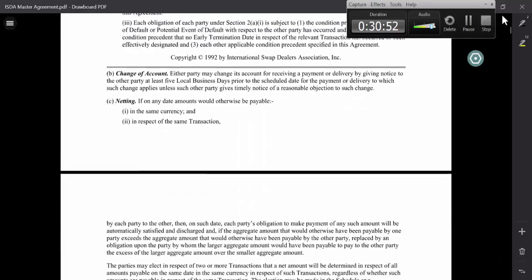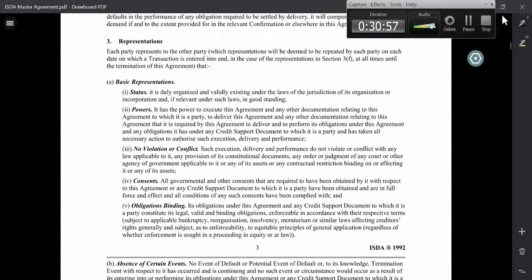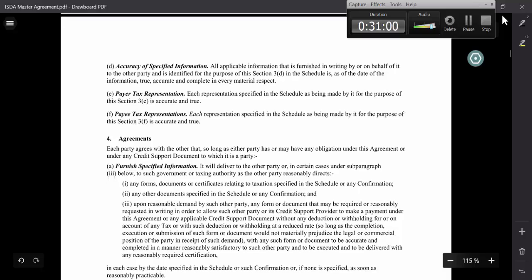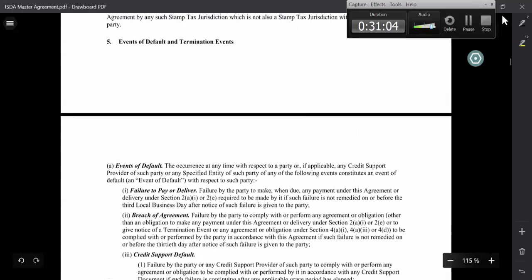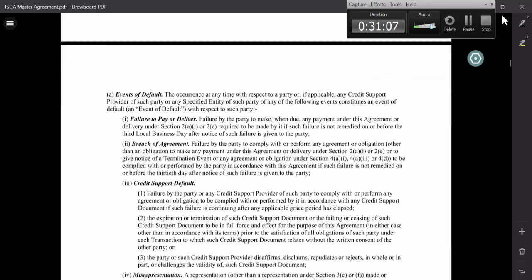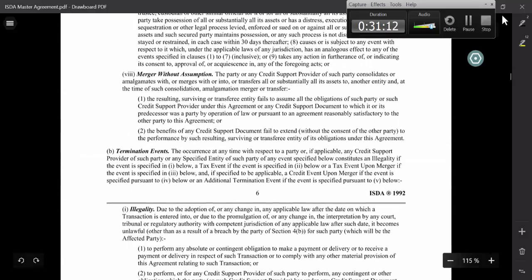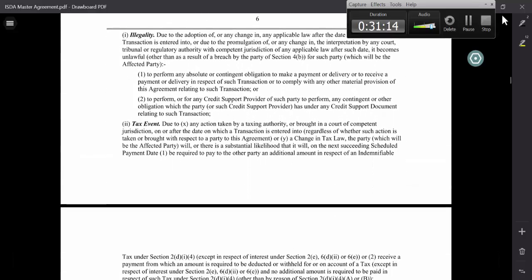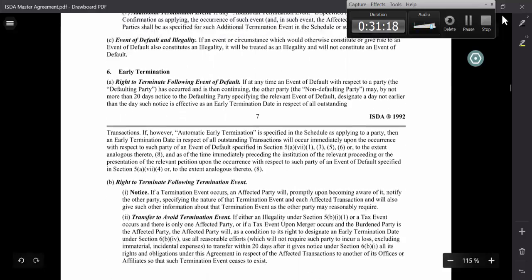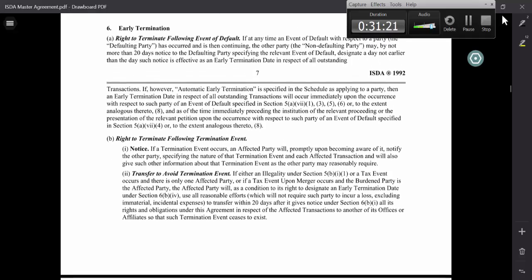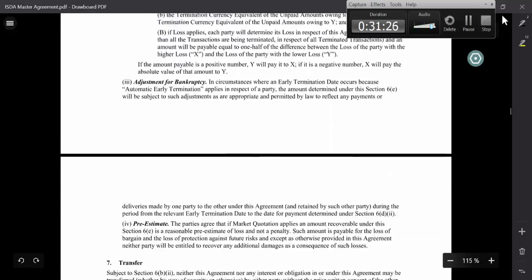And it's got all kinds of legal stuff that people normally would not bother changing. Pages and pages of these standard legal terms. And you normally would just leave these alone because the ISDA community has done a lot of work over the years to make sure that it is robust. And what you do is that